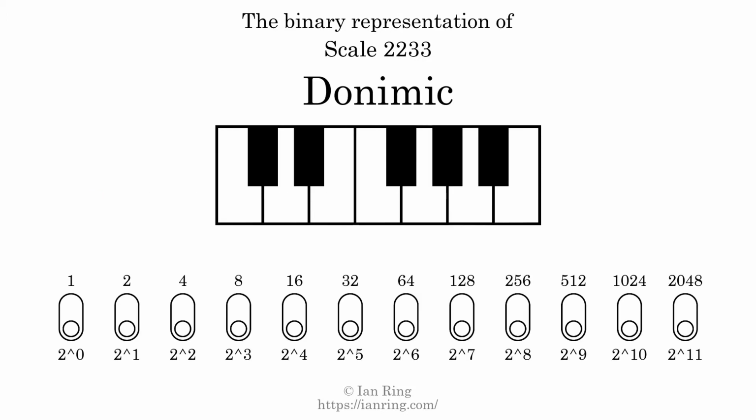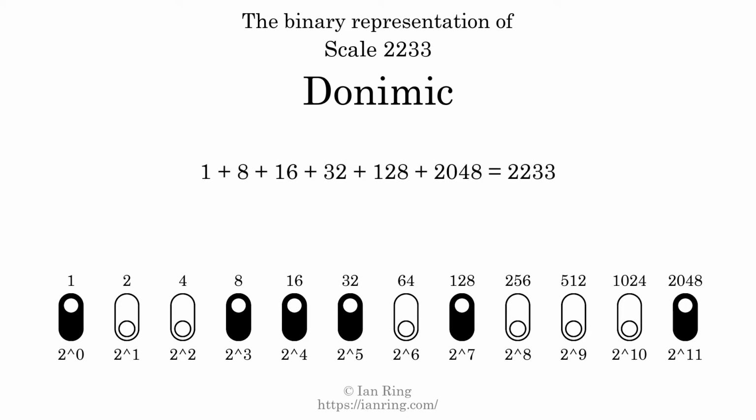The binary representation of this scale is determined by mapping tones of the scale to binary digits. Each binary digit represents a power of 2. To get the scale number, we add the powers of 2 together. The powers of 2 that are present in the scale, all added together, equals 2233. That is why the scale number, in decimal, is